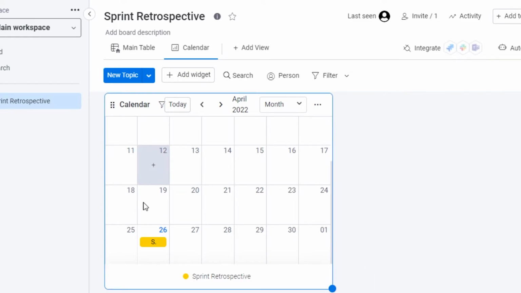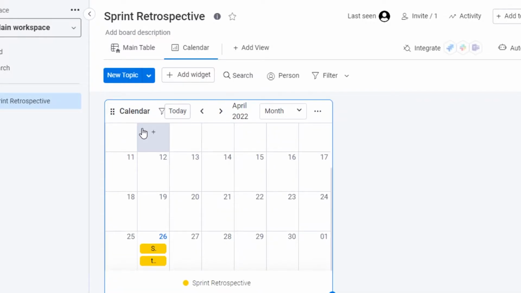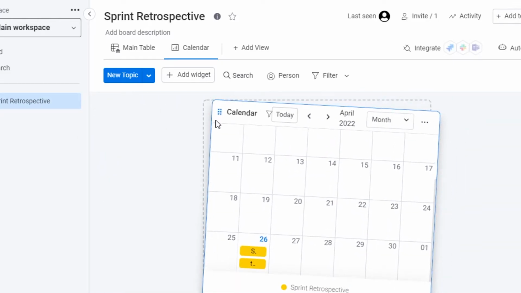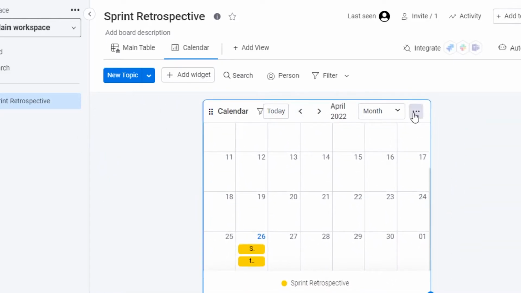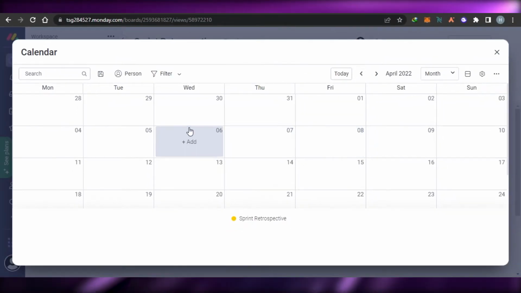And a new task is created on your calendar right here. You can see this is my task 1. Now I can simply go ahead and drag my widget and place it wherever I want to. You can place it. And then we have more options such as full screen, settings, rename, and duplicate. So you can get a calendar view in full screen if you want to, and this is how it opens